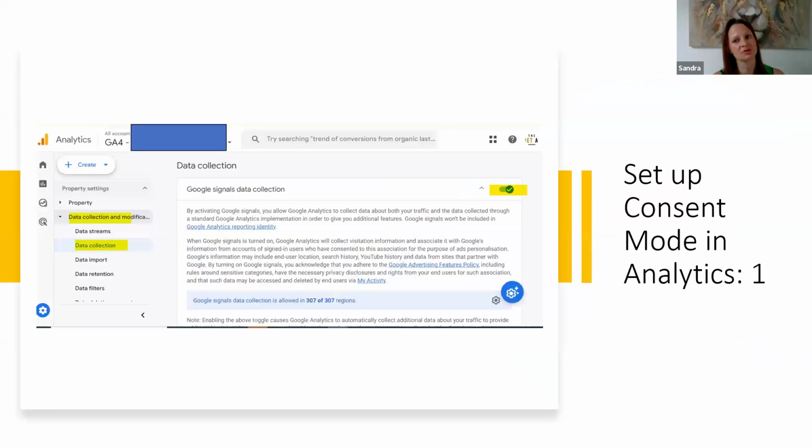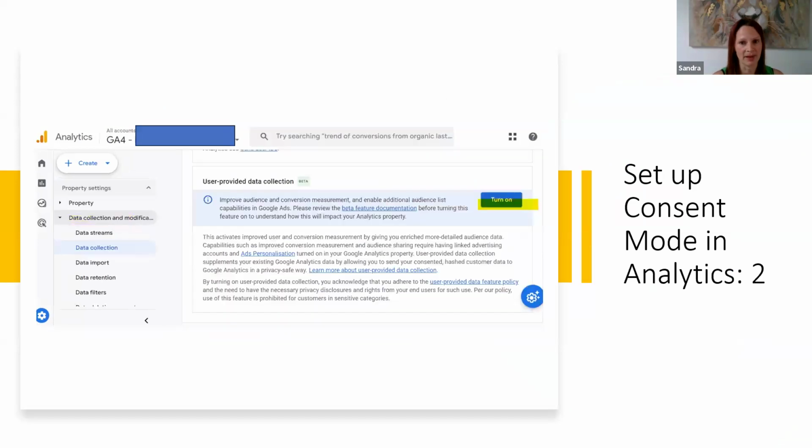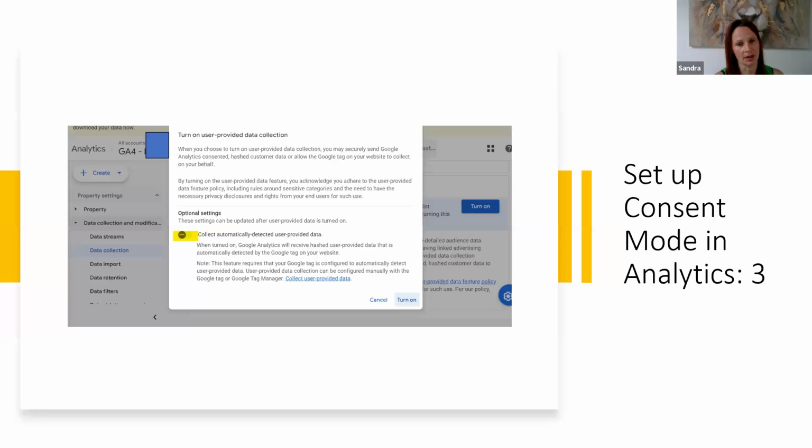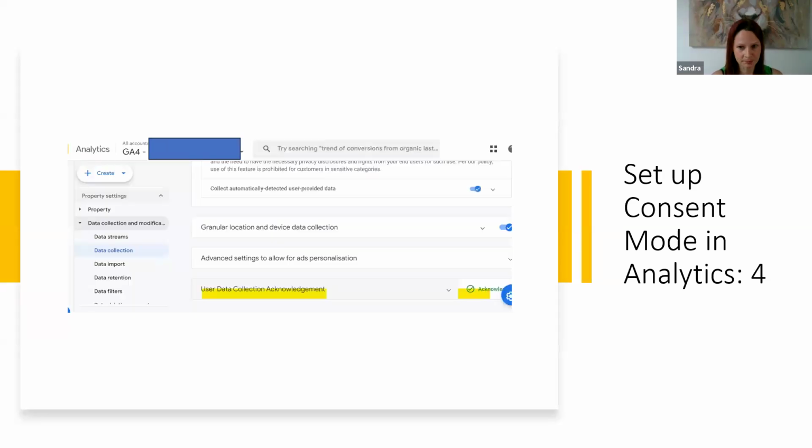You have to make some changes in your Google Analytics account as well if you're wanting to track anything. And if you're doing ads, you will be tracking things, so this will apply to you. I've added some screenshots. I won't go through all the details, but you can go back and have a look at all the places that you need to make the changes in order to comply and set it in motion.